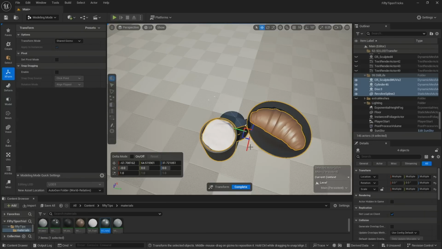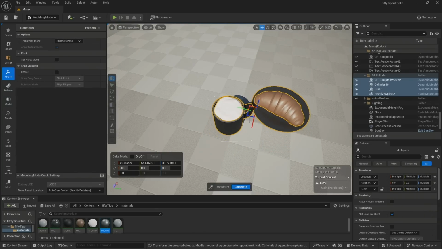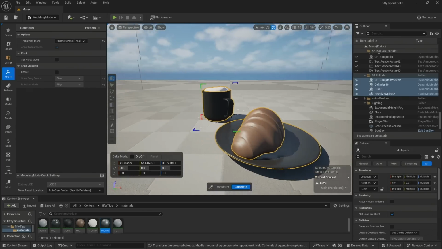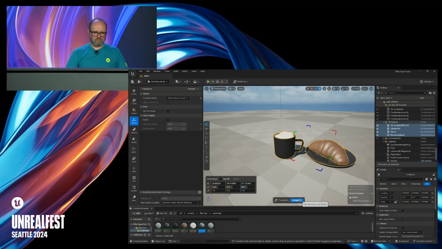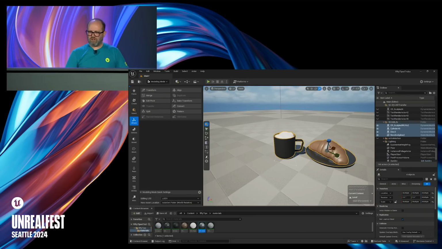It basically allows you to create one gizmo so that you can move all of your different individual things all together. You can have a shared gizmo, or you can do multi-gizmo for every individual one. But that's the last little tool I have in there. Made my croissant, made my plate, my foamy mocha, and it did all of that in